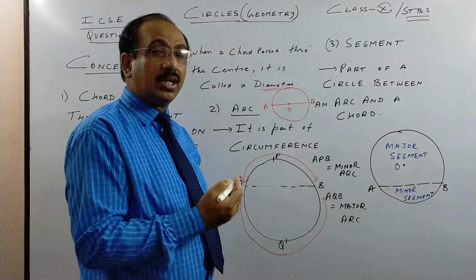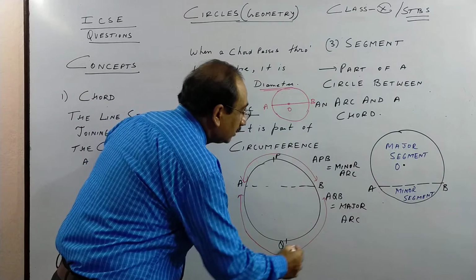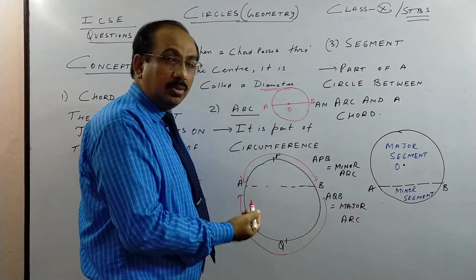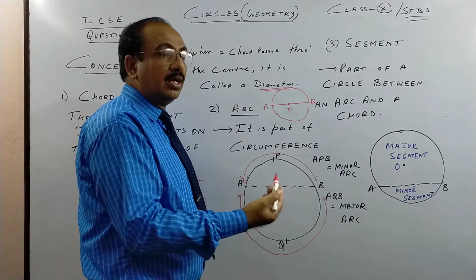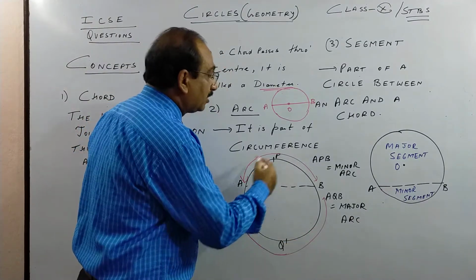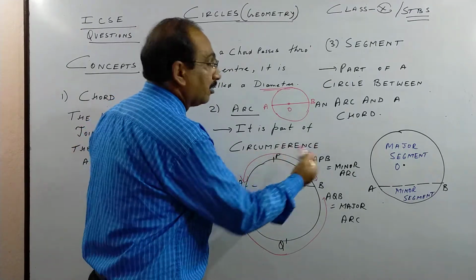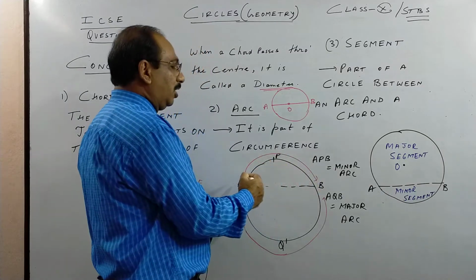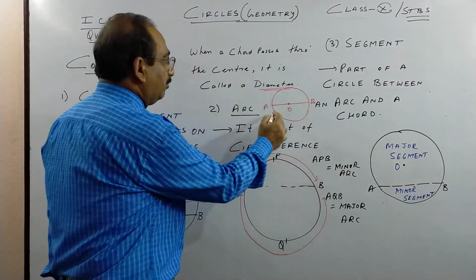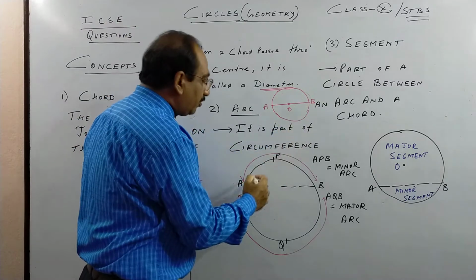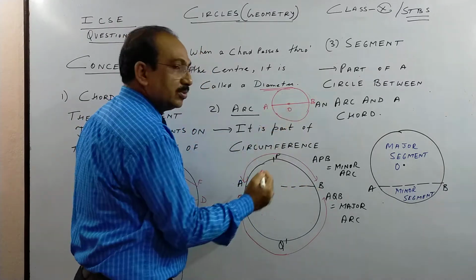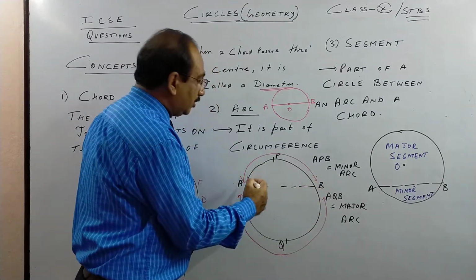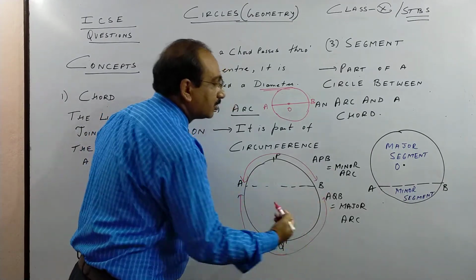If you have done mensuration nicely in class 9, you will know this full thing is called circumference, which is called perimeter in other geometrical shapes. For triangle and square and all, we call it perimeter, but in case of a circle we have a term called circumference. So this is the full circumference. A part of the circumference is called an arc. If you take the diameter, here we have both equal arcs, but when you take a chord anywhere other than passing through the center, then, children, one arc will be bigger than the other. The smaller one is called the minor arc and the bigger one is called the major arc.